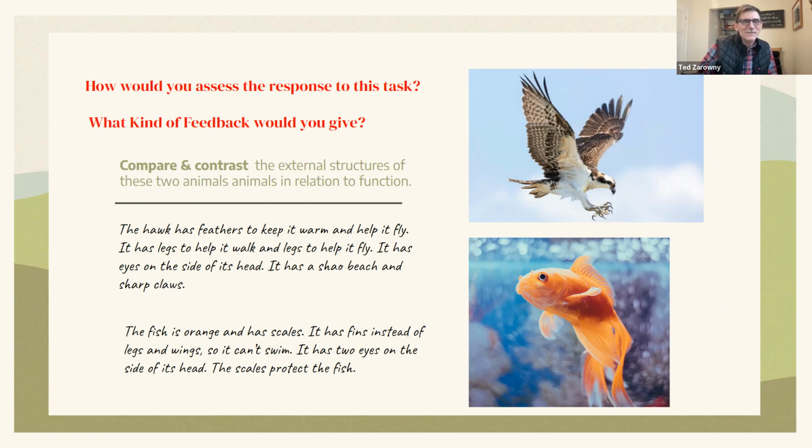If you could see, I used to get responses like this, where the kids would just take the first item and describe it. The hawk has feathers to keep it warm and so on. And the second one, the fish is orange, its scales. So they're just a list of description words of what they are. And that's not what I was wanting kids to do. I want them to conclude whether they are the same or different based on the criteria. So if we go to the next slide,